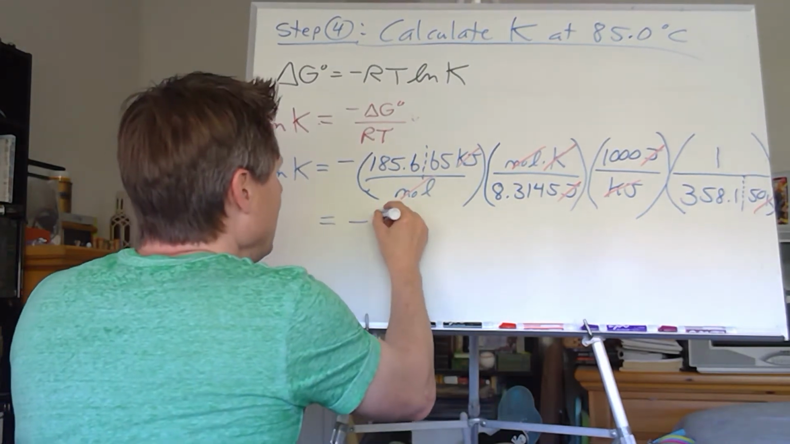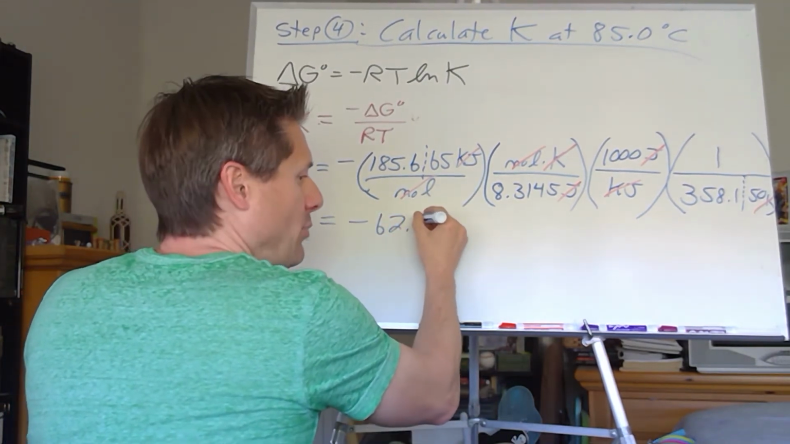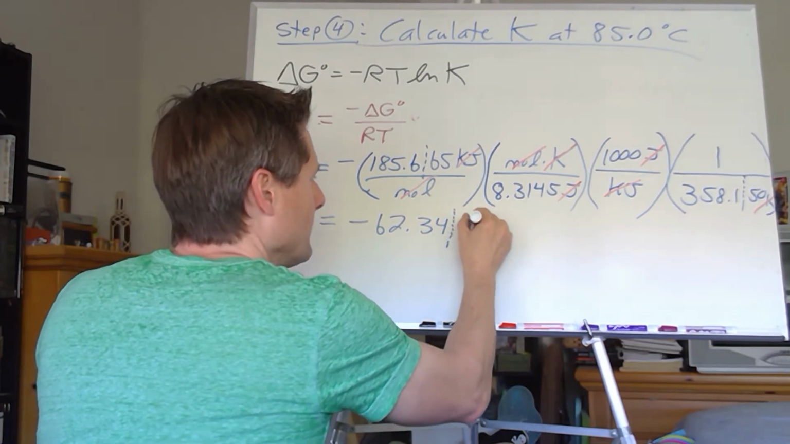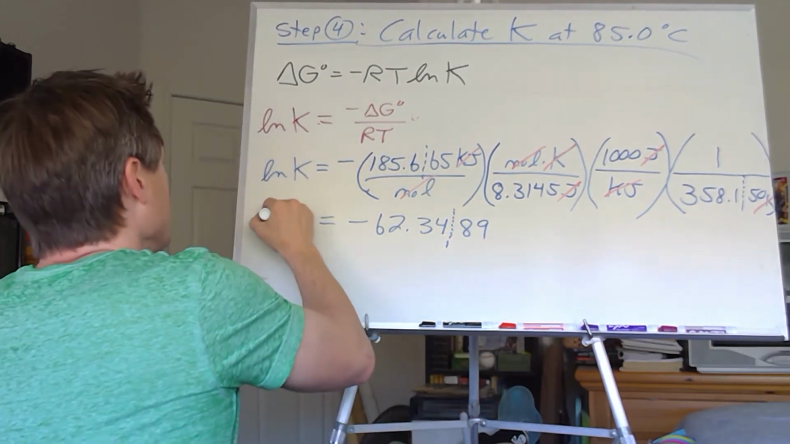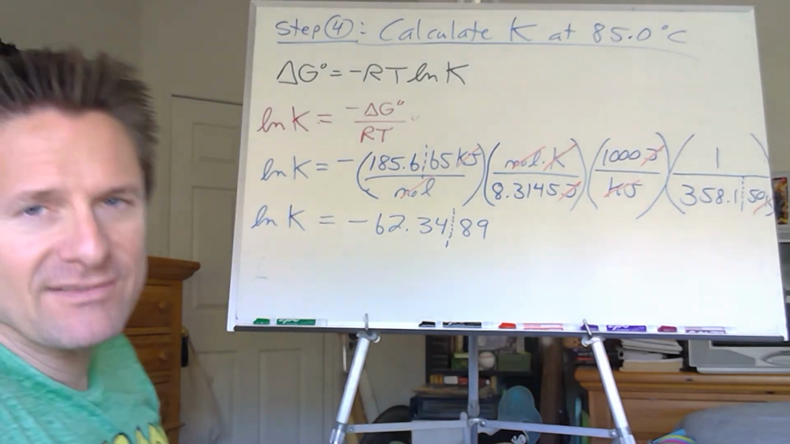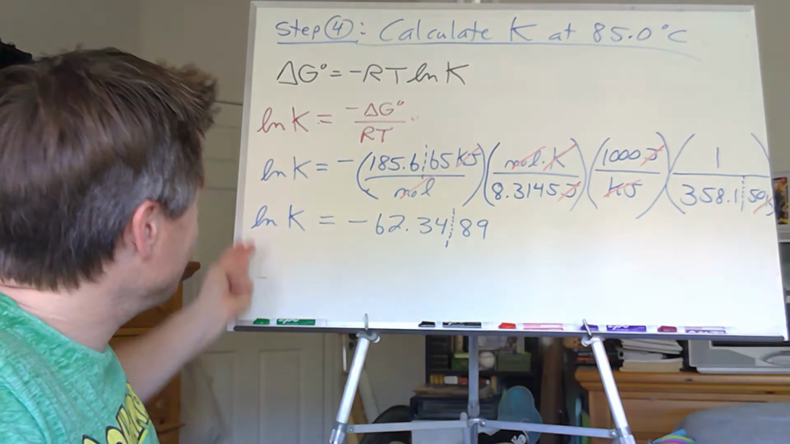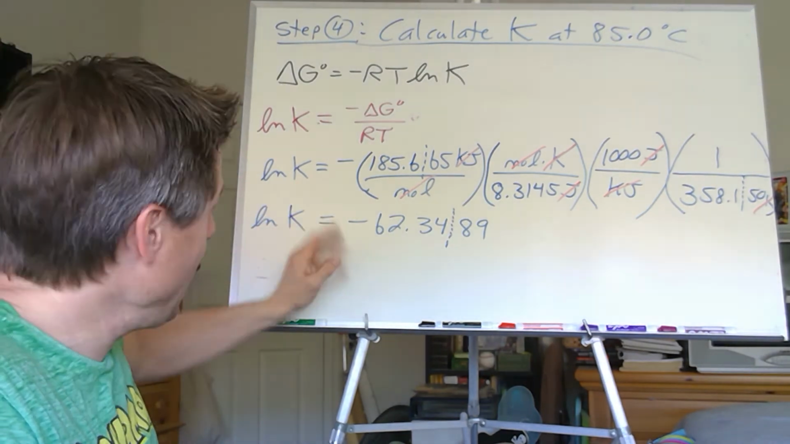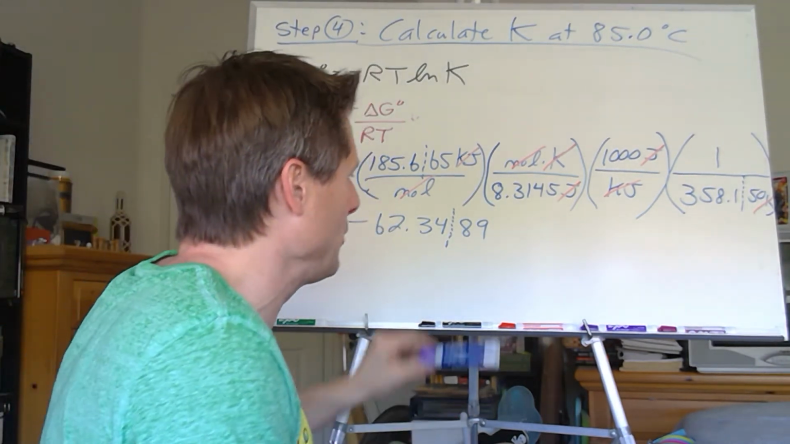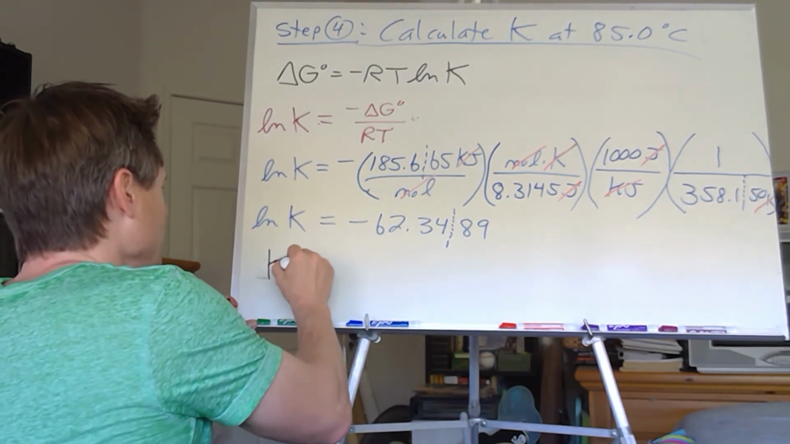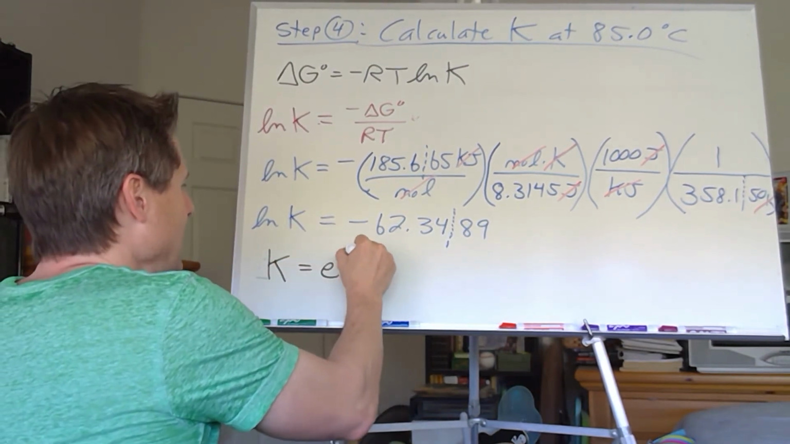I get negative 62.3489. So that's the log of K. Now I just take e to both sides. So e to the natural log cancels out and gives us K. E to the negative 62.3489. Let's do it. So K will be e to the negative